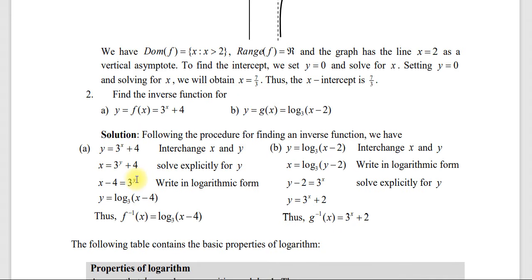ሎጋሪዝሚክ ሩል መጠቀም ነው። ያ ማለት both side ሎግ መጠቀም እንችላለን። እዚህ ጋር both side ሎግ ማስገባት እንችላለን። log x minus 4 which is equal to log 3 the power of y። ማድረግ እንችላለን። y which is equal to log x minus 4 in base 3 ማለት ነው በሌላ አገላለጽ።